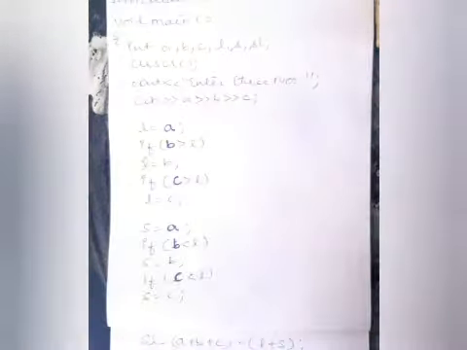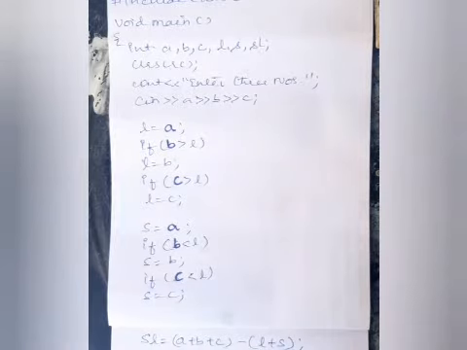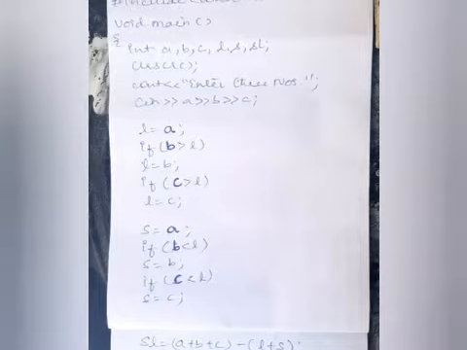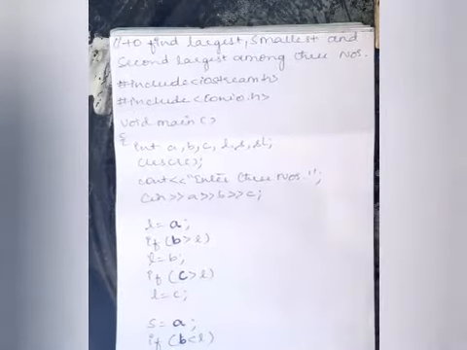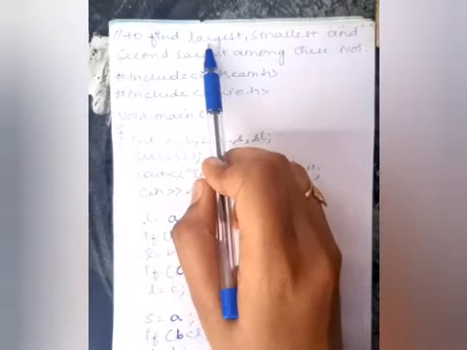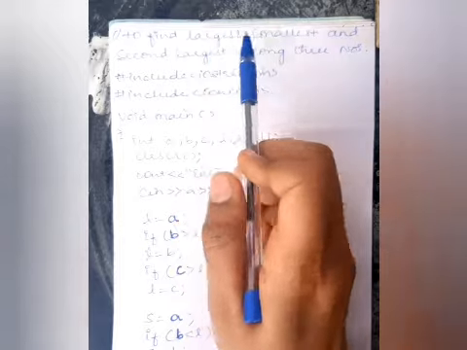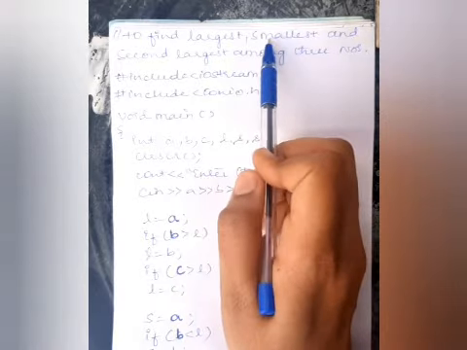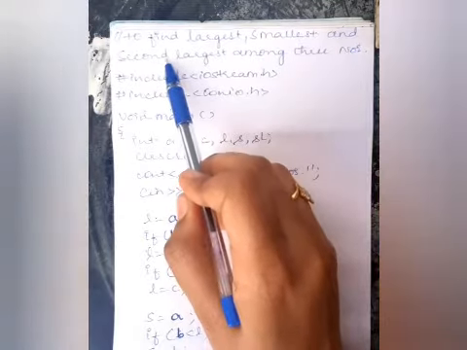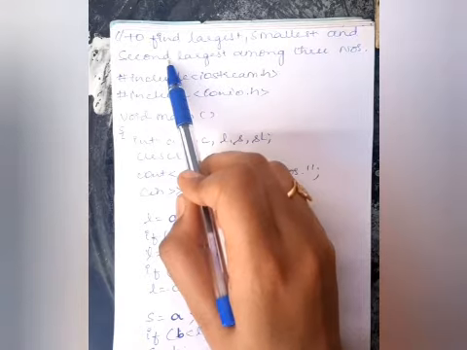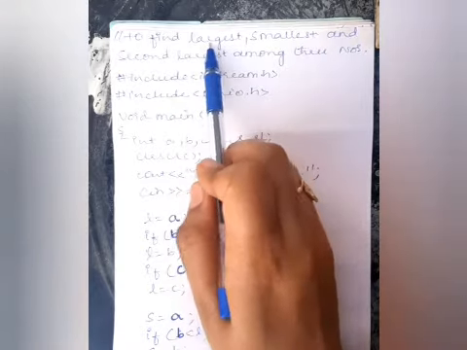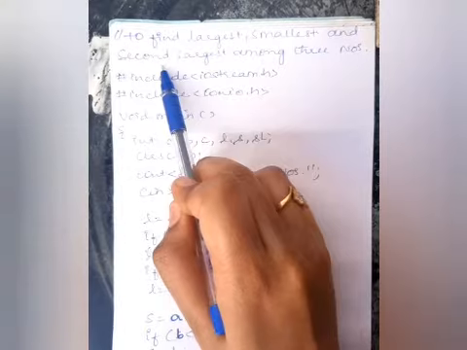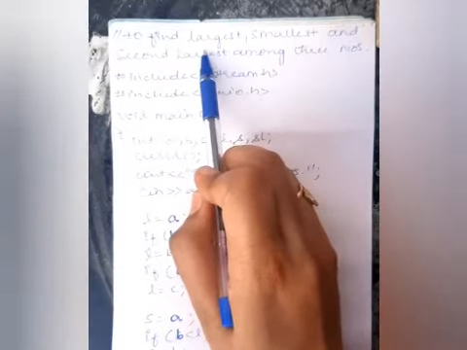When you look at the question, we will come to know what variables are to be declared for the program. Once I go through the question, I need a variable for largest, a variable for smallest and a variable for second largest. Okay, so let me take L, S, SL. So these three are the variables.